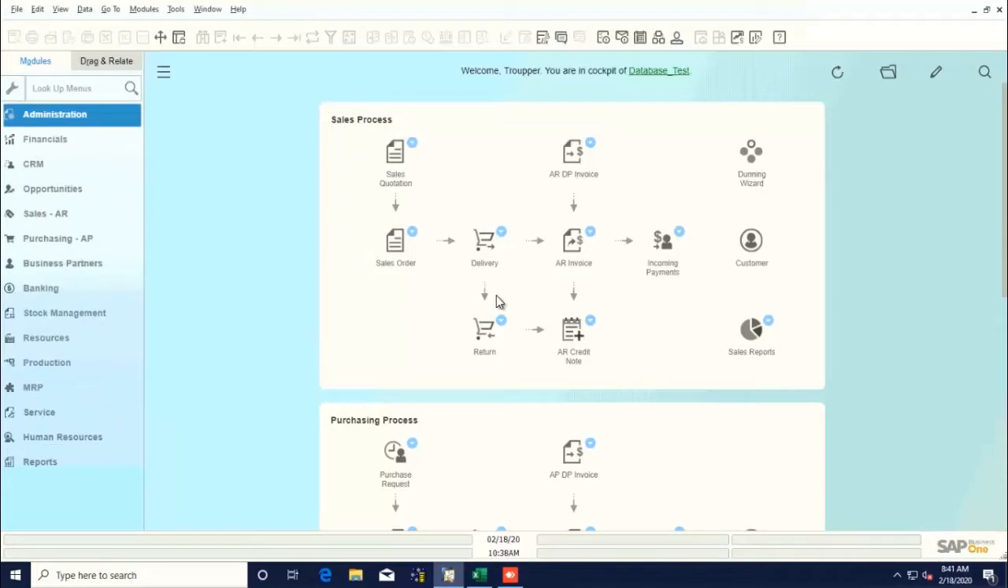As you see in the diagram, the sales process begins with a sales quotation, which is not an official document that will generate the AR invoice, but is used in the case a possible lead exists, or there's a chance of exploiting a sales opportunity. So click in here,